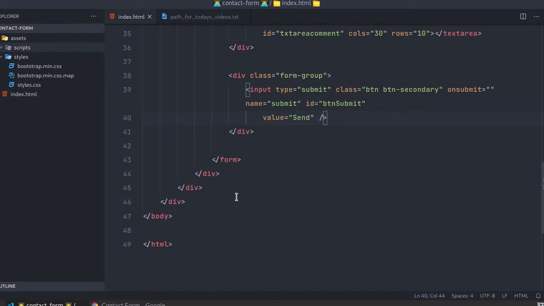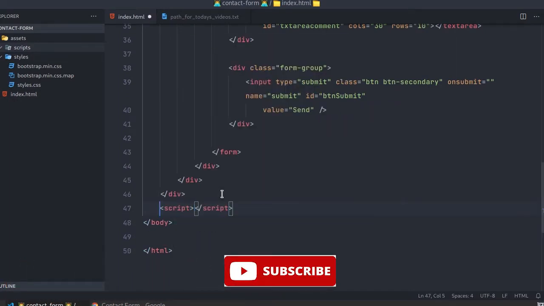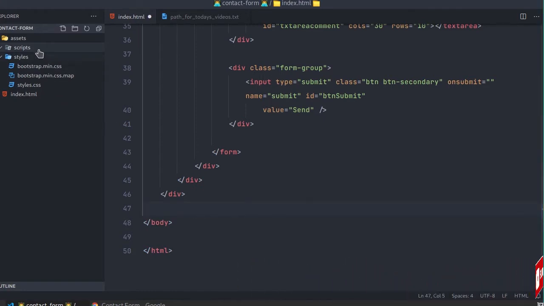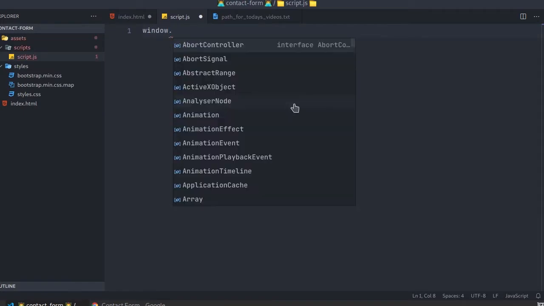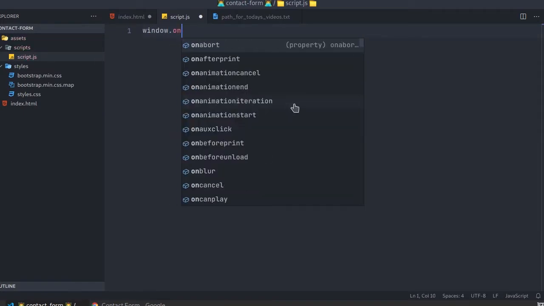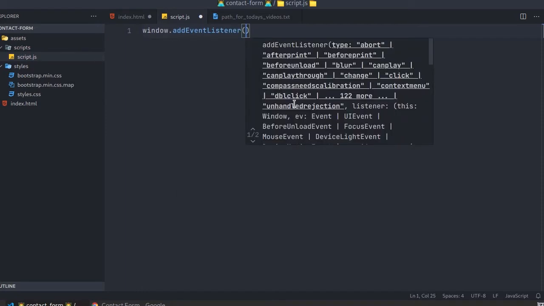For that I need to create a file, or simply I can write the script here. But for portability and a lot of other benefits of a separate file, I will make it by naming it script.js. As it is empty, I will create an object of window and add an event listener.